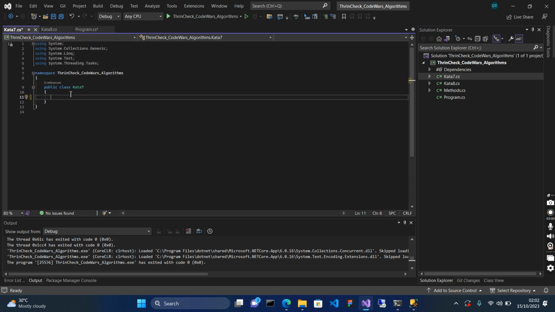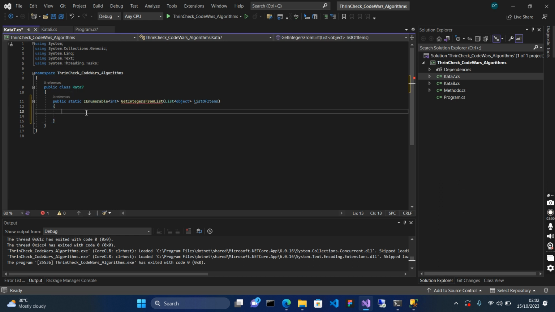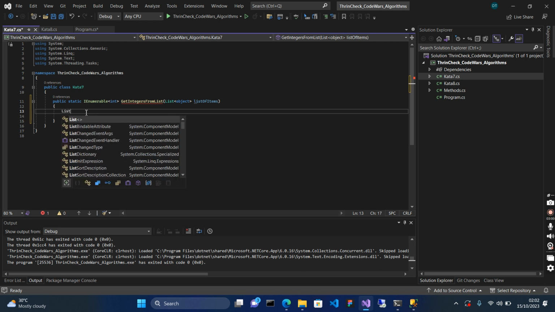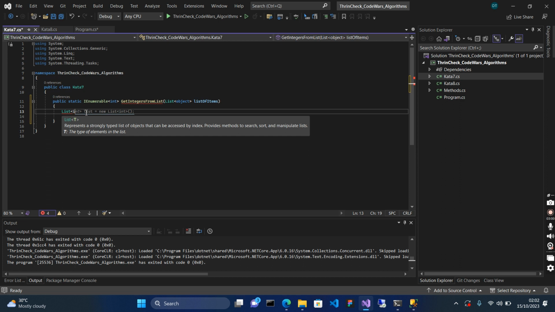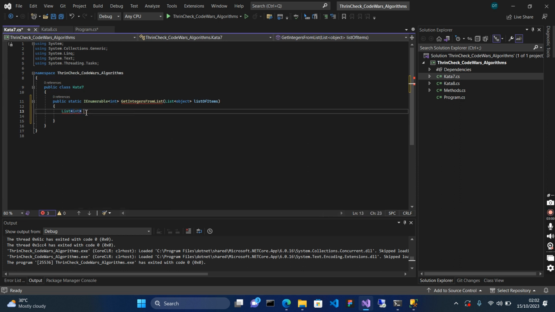I'll be solving it inside this Kata 7 class. I'll be solving this algorithm in three ways. I'll first do the long method, breaking it down into pieces so that we can see and understand how it moves. Then I'll do it in another way, and then in another way. Let's get started. I'll first create a list of ints and call it results, where I'll be saving